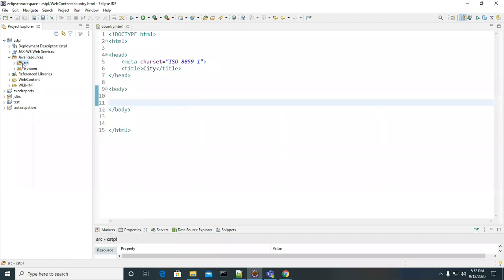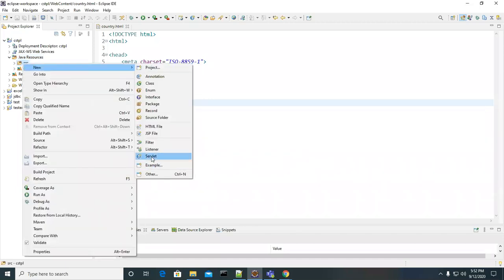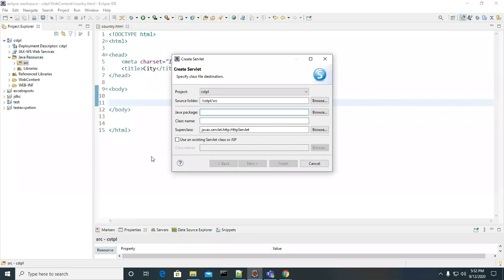So right click on this src, new servlet. I'm going to name it CitySearchServlet. I'm just giving my own name because I'm going to search city.